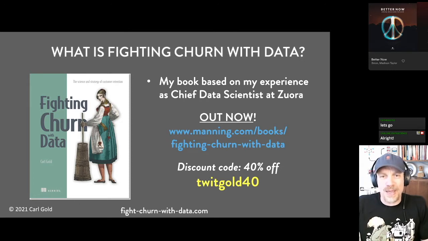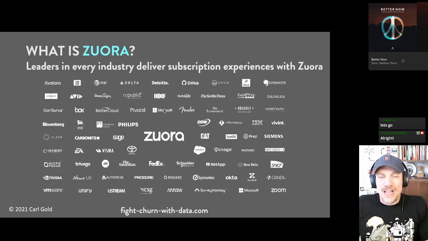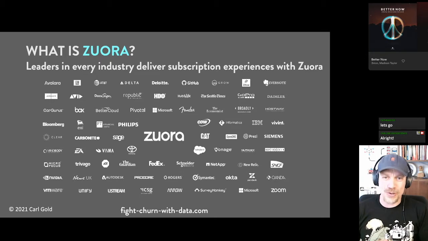So the book is based on my experience fighting churn at a company called Zora. Zora is a platform that subscription businesses use to run their business. A lot of companies you've heard of use Zora, though you probably never heard of Zora before I told you about them. Zoom, on the bottom left of this slide, is probably the most well-known company on Zora, because Zoom is now also a noun and a verb. You can have a Zoom and you can Zoom someone. Zoom manages their subscribers, their customers, and their subscription plans and billing on Zora, as do many companies.